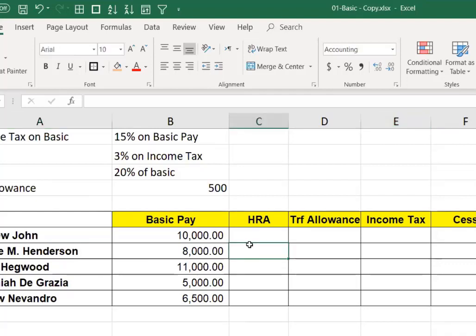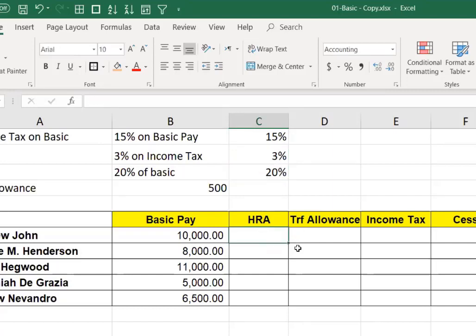So let us get the values here. To calculate 15%, we'll just type it here, 15%. How do we write 15%? One method is 0.15, you can put it. The other method is 15 and put the percentage sign. So it calculates as 15%. And this is 3%. And this is 20%. And this we leave as it is. Why I entered these here is, we can't refer to this cell because there is text here. So I just took out this number and I'm putting it here: 15%, 3% and 20%.